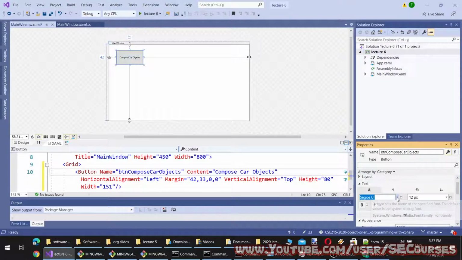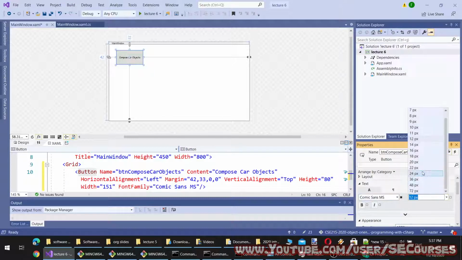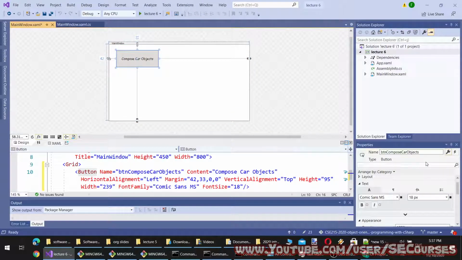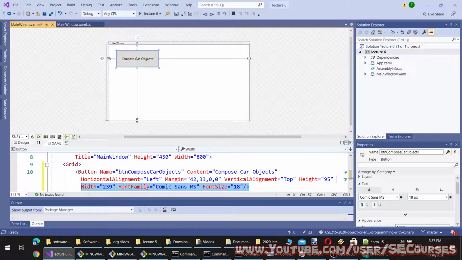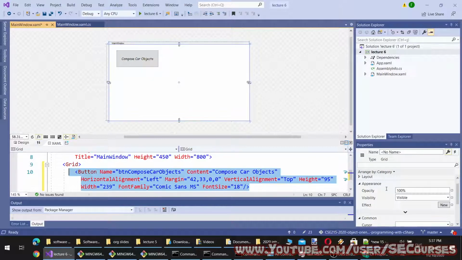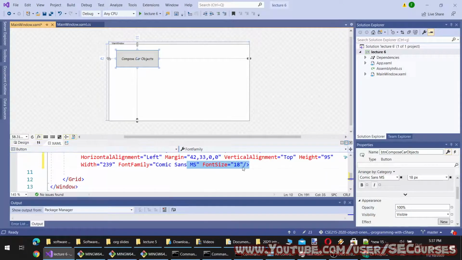Let's change the font type to Comic Sans MS and make the size 18 pixels. When I modify the properties window, it is also modified here, because the software actually reads here. This is just the graphical user interface of modification. It is actually saved in XAML code. So you see the font size is this one and the font family is this one.